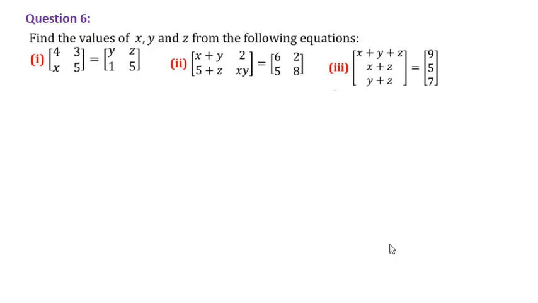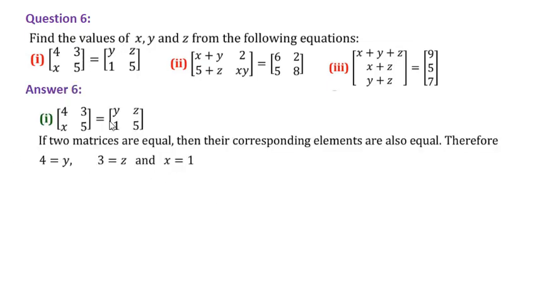This sixth question is of equality. Here we have to equate, meaning an equal sign is already given between two matrices. That means these two matrices are equal, right? So we have discussed that two matrices are equal when their orders are the same and when their corresponding elements are equal. So based on that concept, I have to find the values of x, y and z in the respective problems. So see this first problem. Here I can compare. So the value of x is 1 and the value of y is 3. The value of y is 4 and the value of z is 3, right?